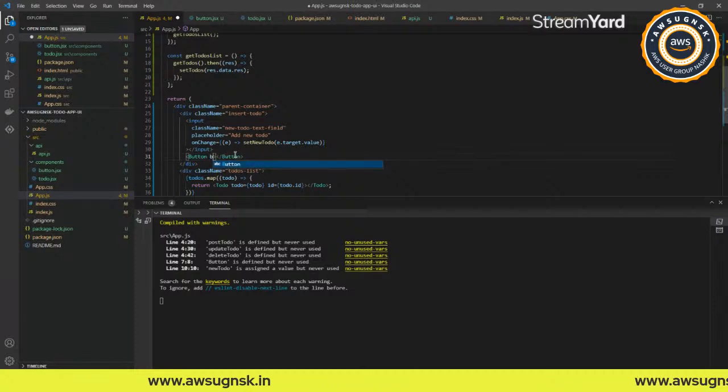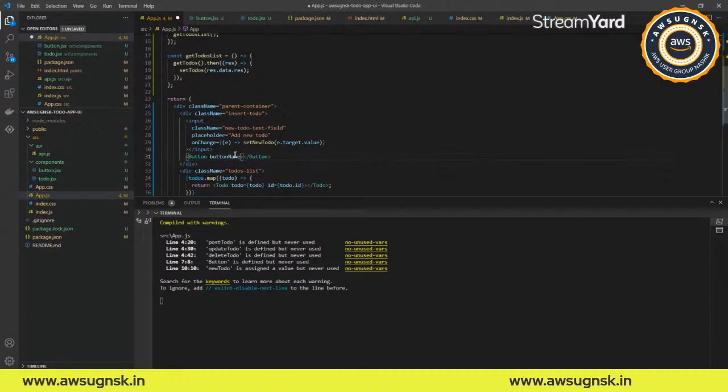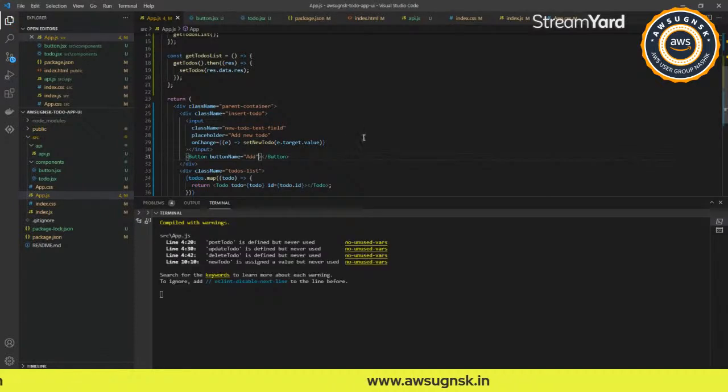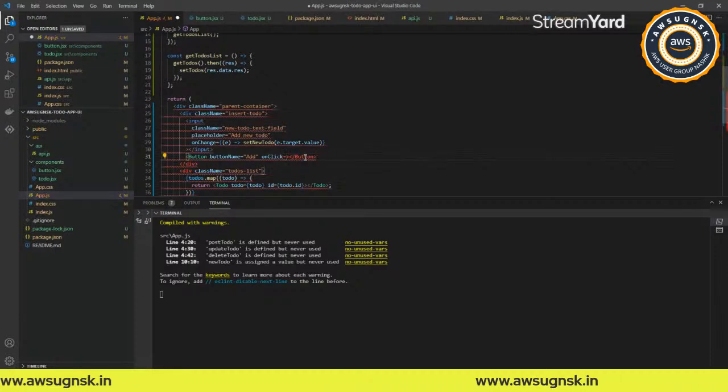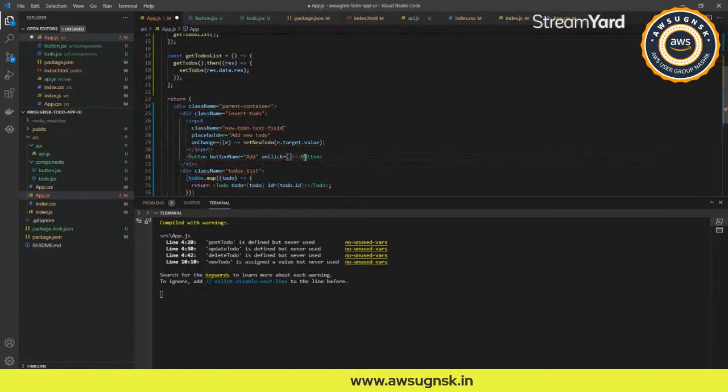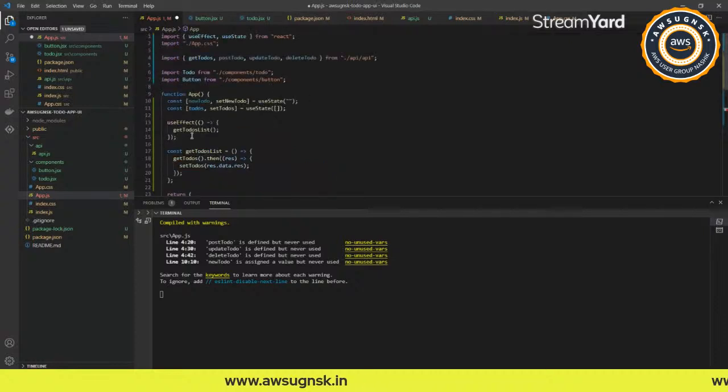So we had a button name prop. So that button will be maybe Add, and we don't have the id, so we'll just keep it as it is for now. And then we have an onClick, so that will be passed as a